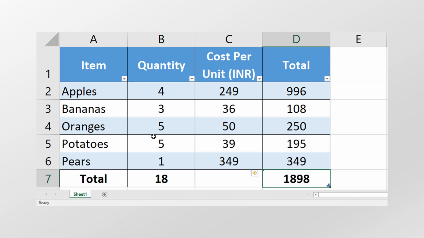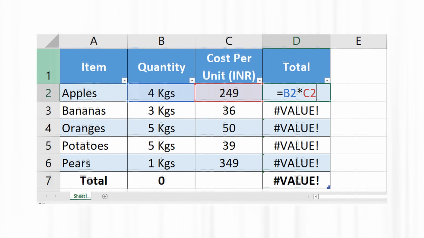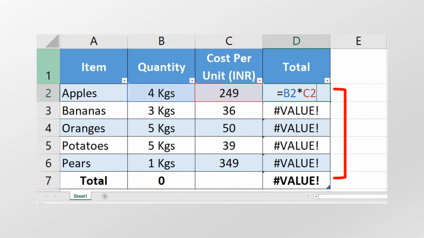Of course, anyone gets confused when the same item can be purchased in pieces or kgs or packets or pounds. This is where your vendor requested you to specify the unit in the quantity column. You wanted to mention kgs in the quantity column. But the template was created with the formula B2 into C2, meaning the total cost will be the quantity multiplied by the unit cost.